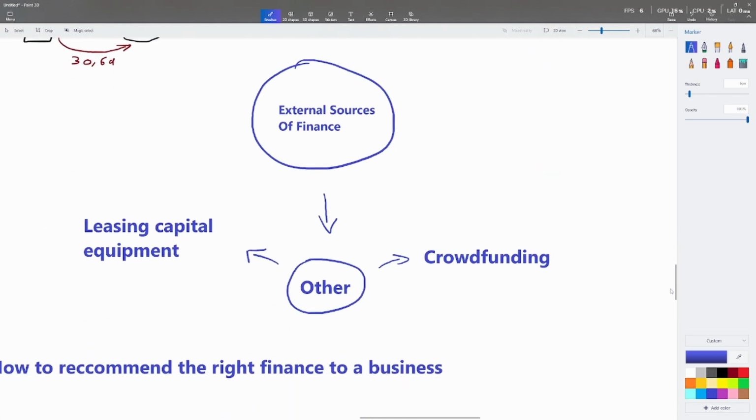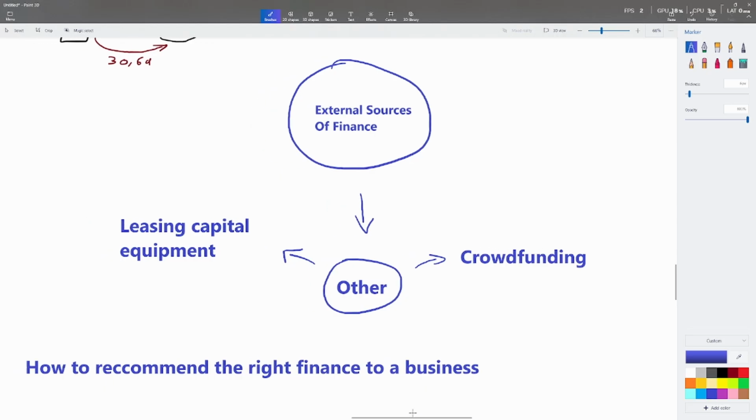And there are also other external sources of finance that we have to go over as well. So the first one is leasing capital equipment. I think examples of this would be like when people use tow trucks, and I think we can even bring our classic example of our chocolate machine. You can always lease the chocolate machine, meaning that you get to use it. However, the problem with leasing is you don't own it,